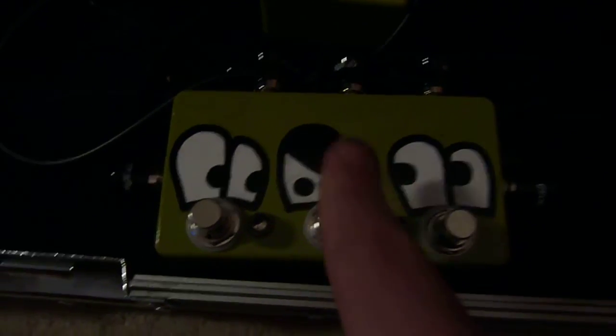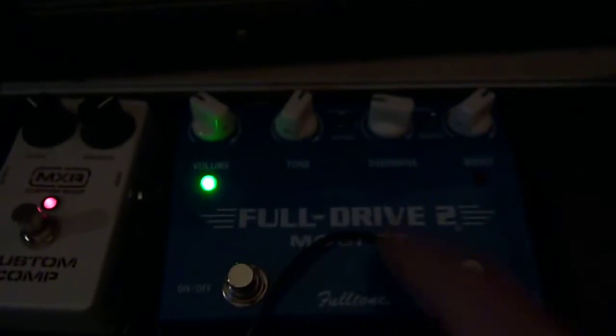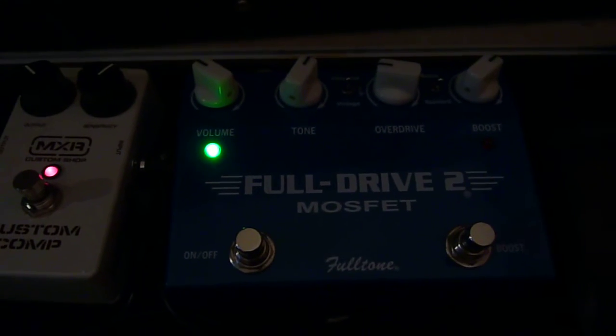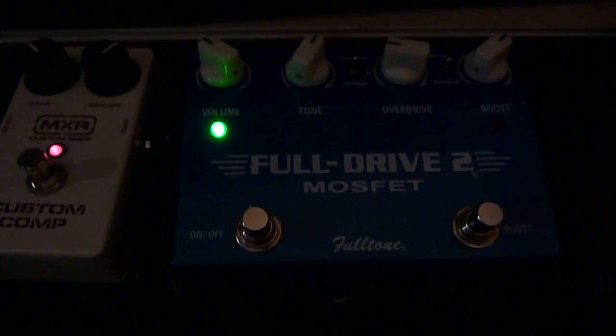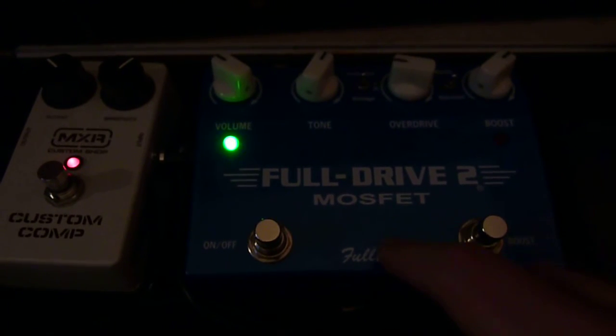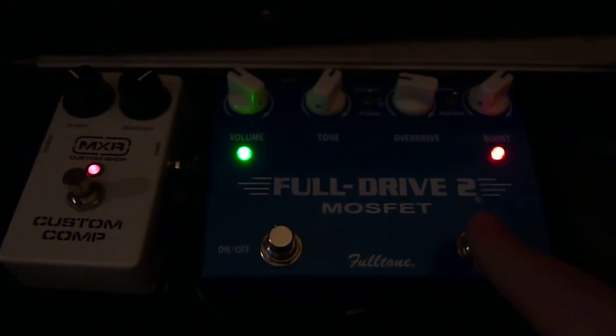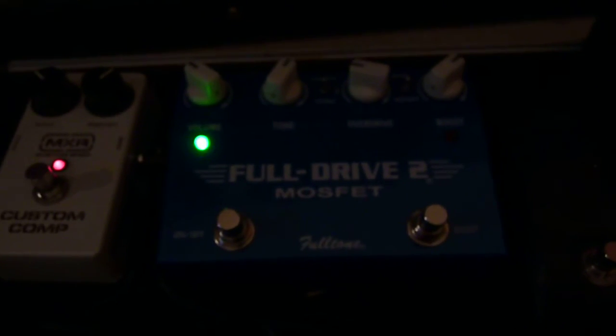From here, my middle runs up here to the Fulldrive. Also, two cables running everywhere. I'm in the process of reorganizing this all. Fulldrive 2 MOSFET by Fulltone. Good distortion pedal. I like the boost functionality. It's got a 3-way switch up here. I don't know if you can see that. One is for vintage, the FM, which is like regular, and then the custom comp. I don't know if you can see any of that, but